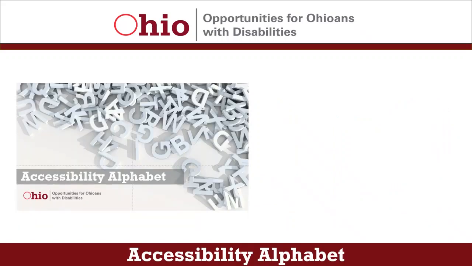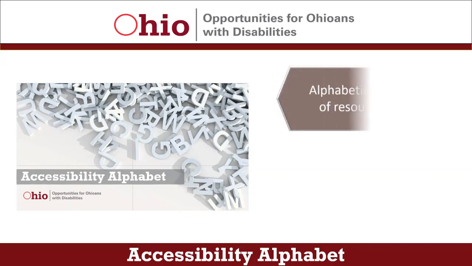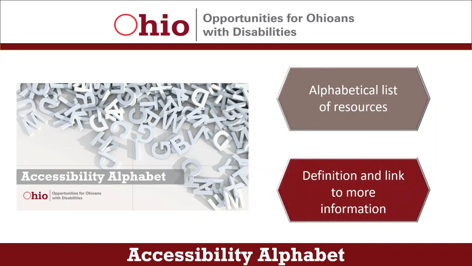I agree, Kelly. Our employers page provides a lot of great information about our business relations team, on-demand webinars, no-cost services and resources, and includes the Inclusive Employer Toolkit. To help employers quickly find the resource they are looking for, we've added a feature called the Accessibility Alphabet, which provides a list of common terms related to reasonable accommodations, disability inclusion, and workplace accessibility. When an employer selects a term, a brief definition is provided with links to where more information on the topic can be found on OOD's website. Julie, that does sound helpful.